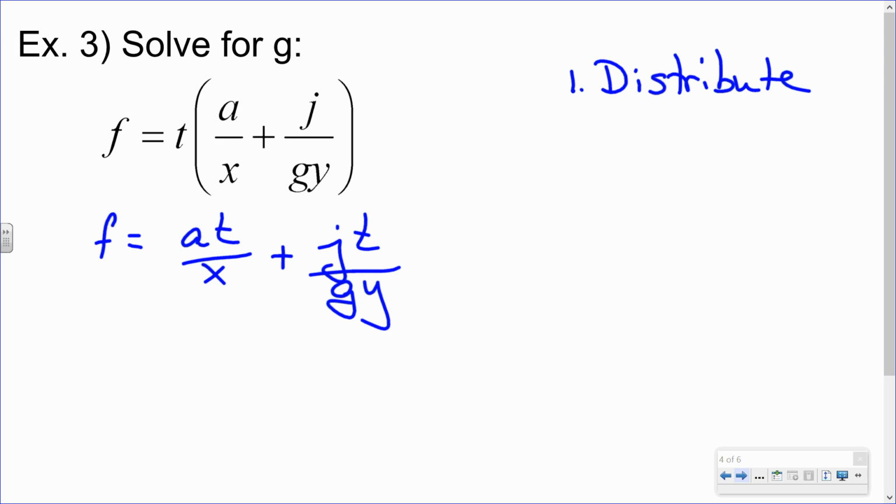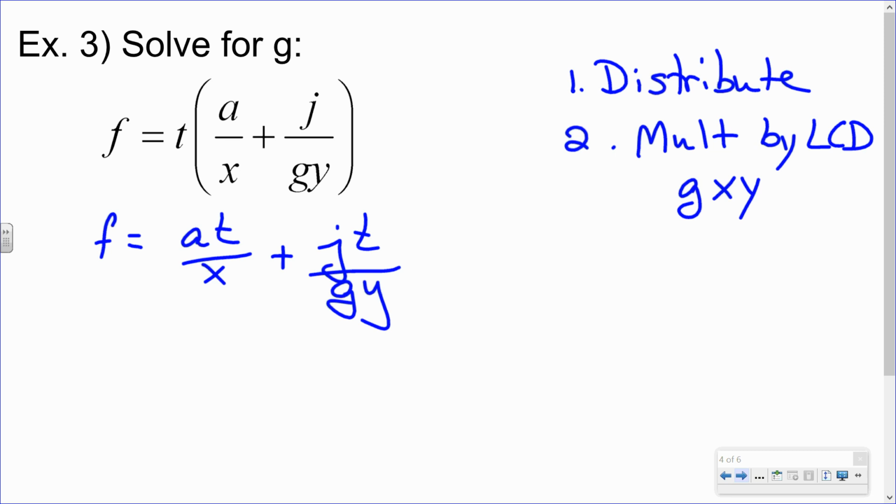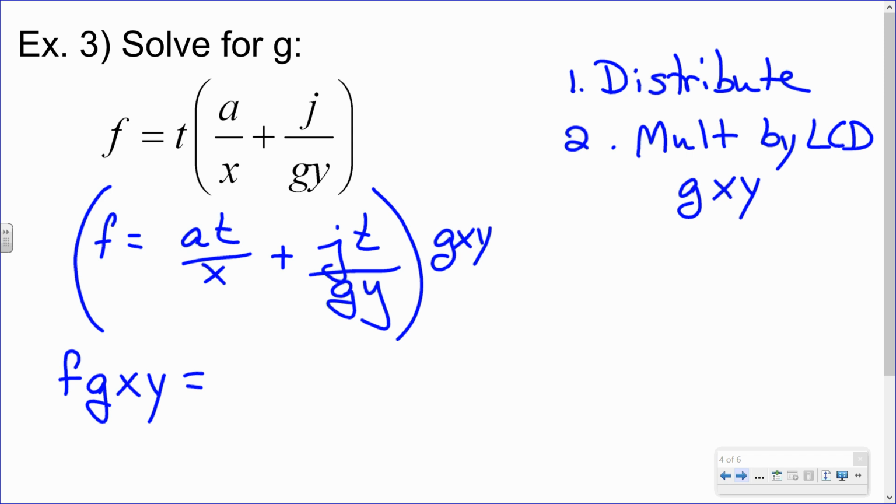What do we need to do next? Next step. Okay, you remember next step? Well, how do I do that? So I'm going to multiply everything by the least common denominator, which is gxy. Need to be sure we remember that that's on both sides of the equal sign. So we have fgxy equals, then the x's cancel, so we have